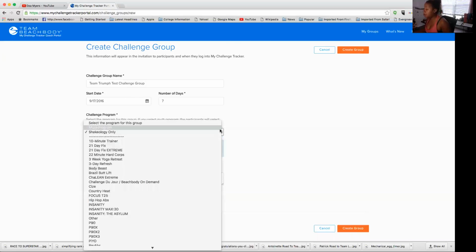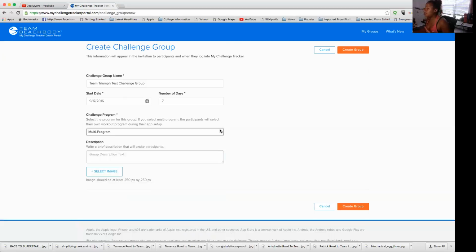workouts. But if you do multi-program, they have the option to do whatever it is they're doing from a fitness standpoint, but also be able to track their Shakeology in that, even if Shakeology is the only requirement that you have for your group. And then you just want to put in a short description. This is where we put the rules and description